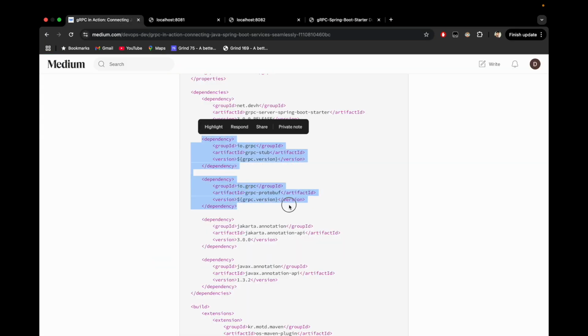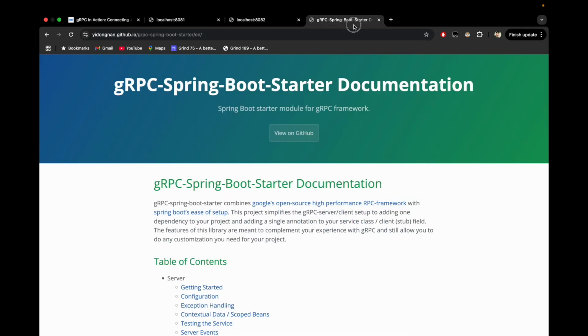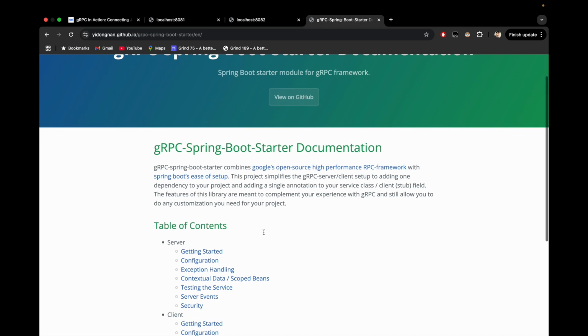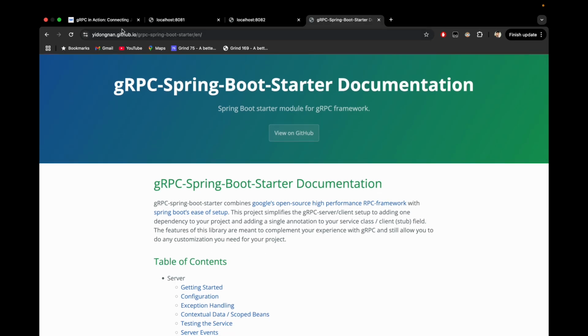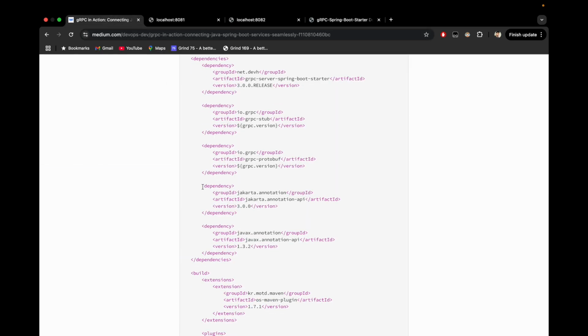These essentially try to solve the same problem. I won't go much in depth. You can always go to this link, check this out, see what these dependencies do, right? And the last two Jakarta annotations are basically, I found out that just adding these three dependencies on their own do not work as expected. You need to provide these additional dependencies, which are internally getting used by the classes from the top three dependencies,